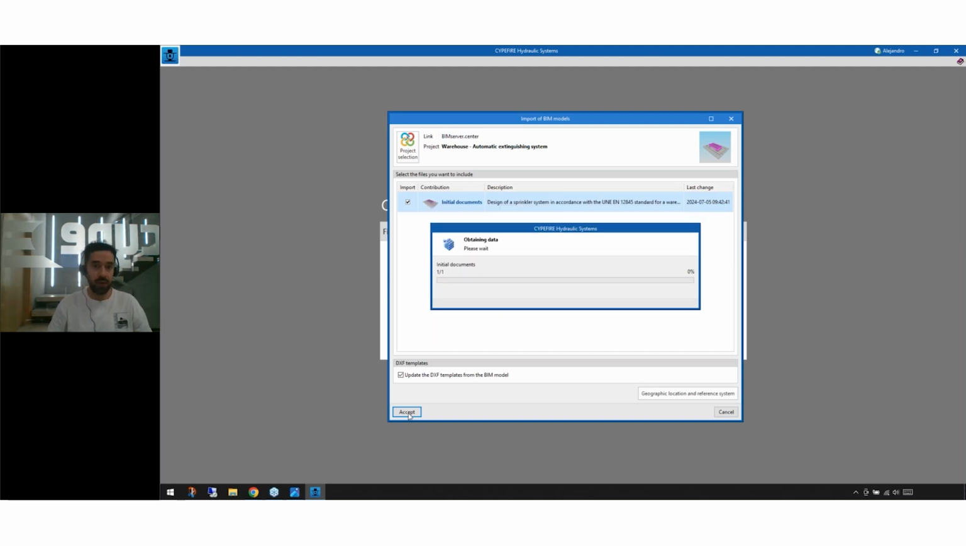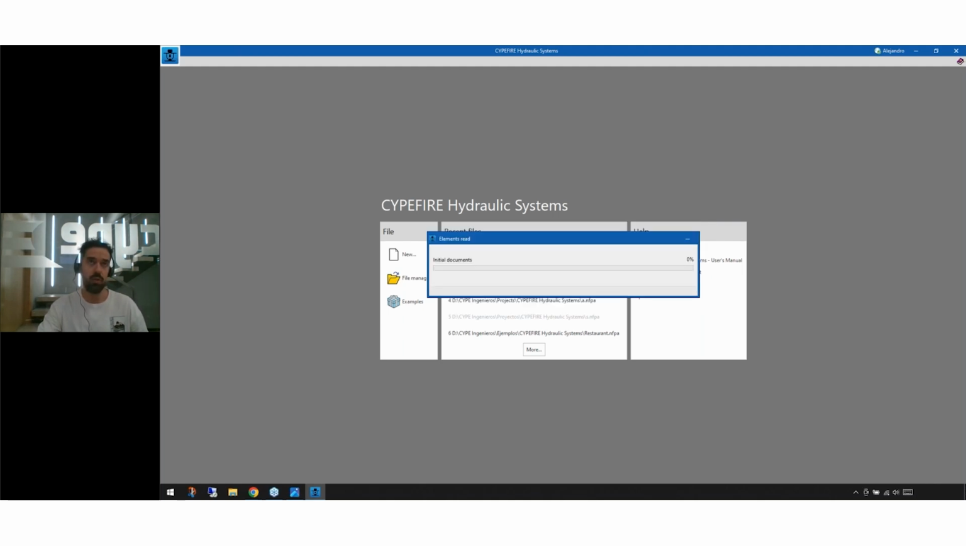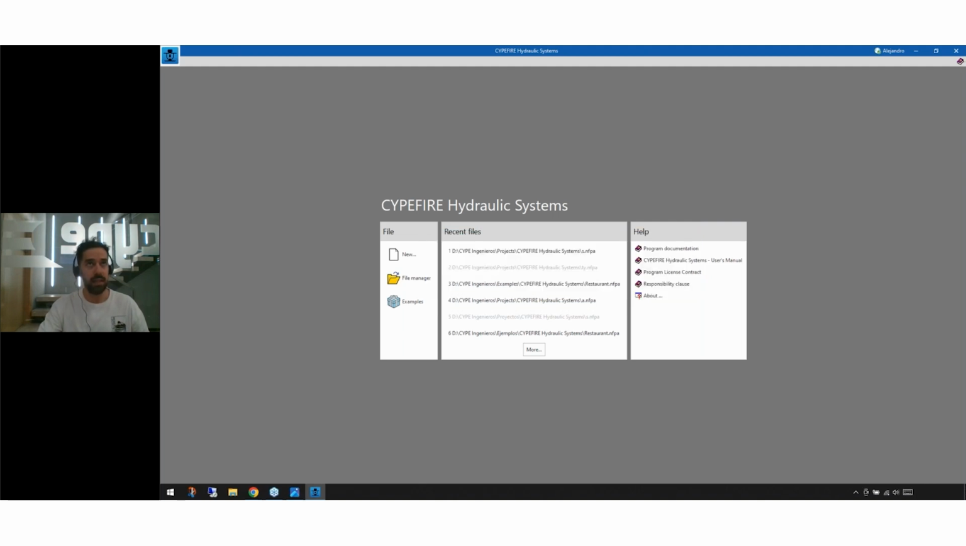We have tried to complete all the info that you need to start working before you go into the software. So at the point we see the interface of CYPEFIRE Hydraulic Systems, we will have everything we need to start working. We don't have to add any settings or select anything. So the first step in this wizard will be